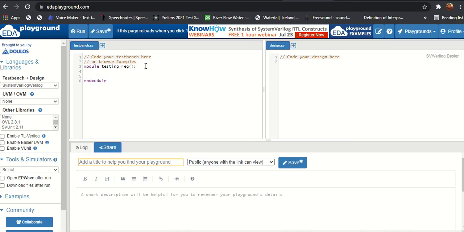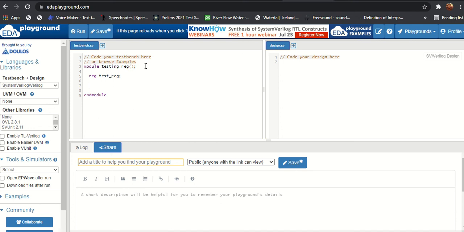Let us create one reg variable and give that the name test reg, because I want to drive this reg with some value.